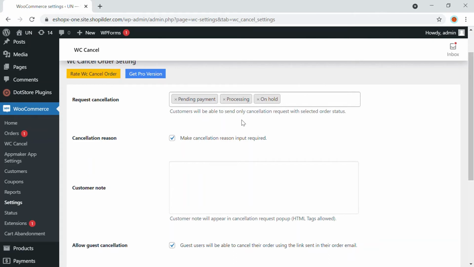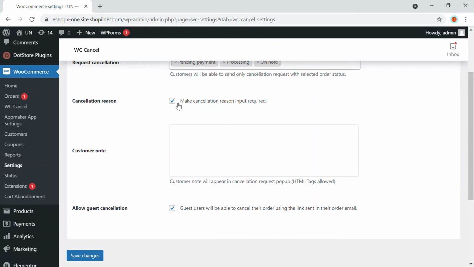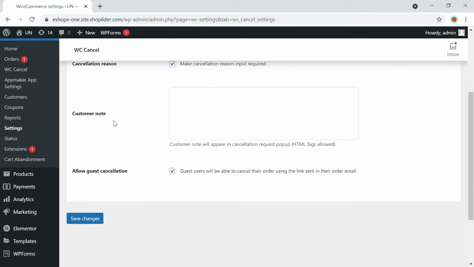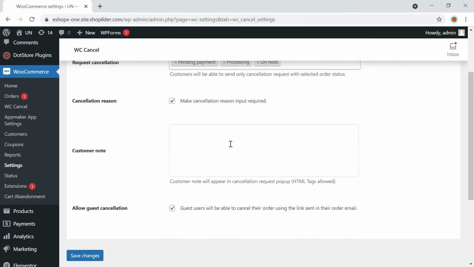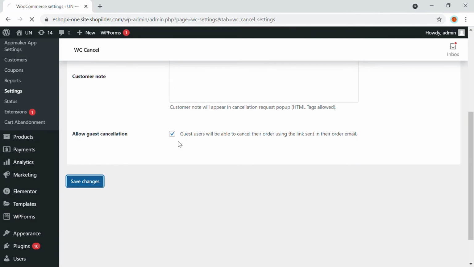So these three are my options, and here you can add a button or column where your customers can give a cancellation reason, so where you can add the input. And also if there is any customer note, you can also add that. So I'm going to save the changes,